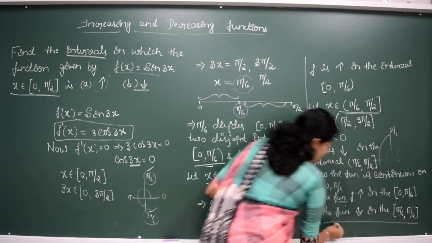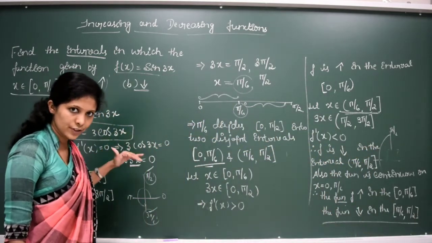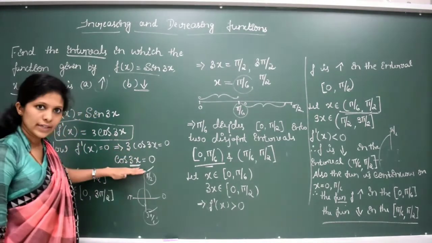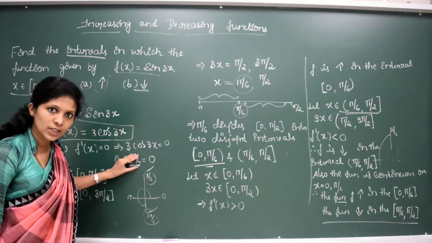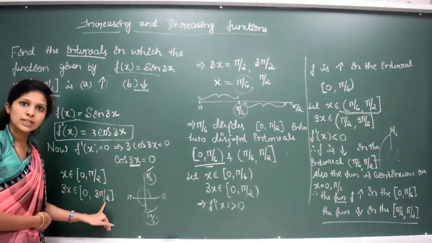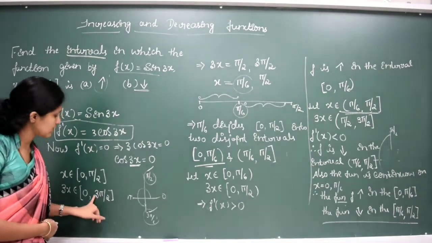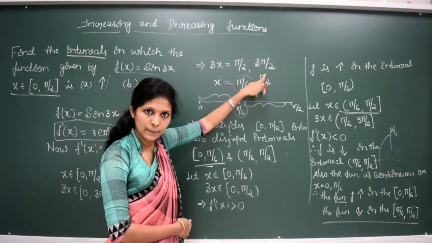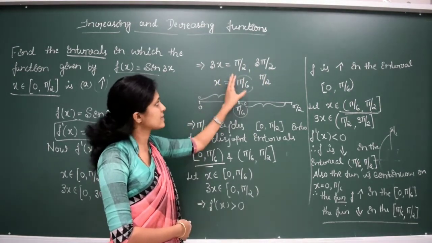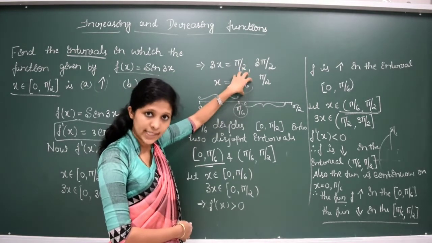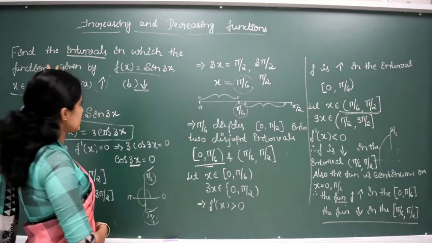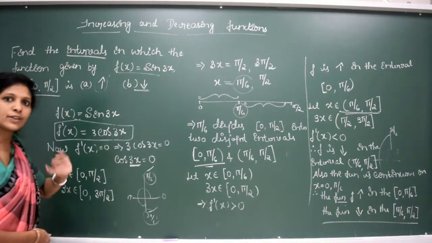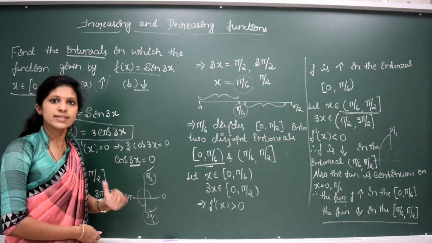Is it clear? First, what we did, you have to differentiate. You will get f dash of x. After the differentiation, you have to equate to 0. Here we have equated to 0. So possible values of 3x, what are the possible values now? Pi by 2 and 3 pi by 2. So since 3x is pi by 2 and 3 pi by 2, we will get the value of x as pi by 6 and pi by 2. So this pi by 6 is 30 degree, right? Here 0 to 90 degree is there. 30 degree divides this interval into two parts. Then you have to check where the function is increasing and where the function is decreasing.